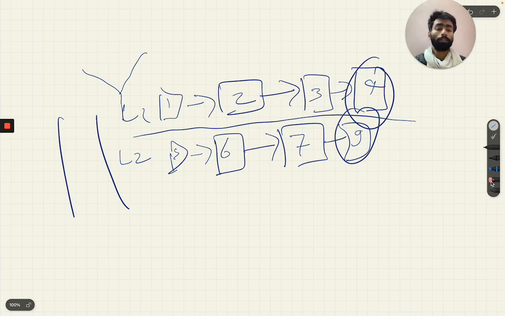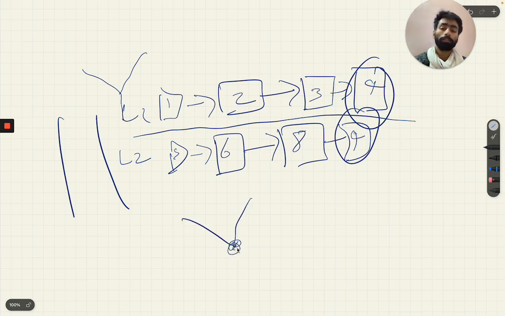But if the tail value matches, let's say in this problem we are having the common point at the tail, so it will form a V shape and a null value, so it will eventually form a Y shape, which is according to the question.